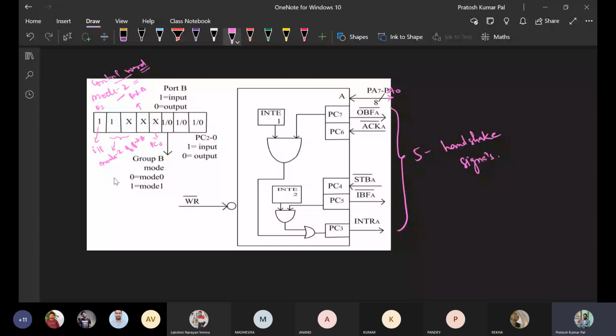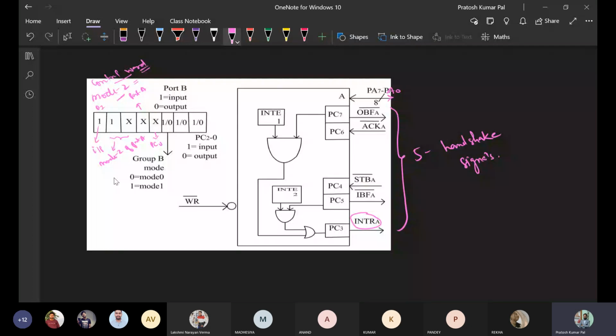Along with that, the common signal is the interrupt. Instead of 2 different interrupts for input and output, one interrupt is activated. This interrupt will be activated when PC6, PC7 and INTE1, these three, are 1.